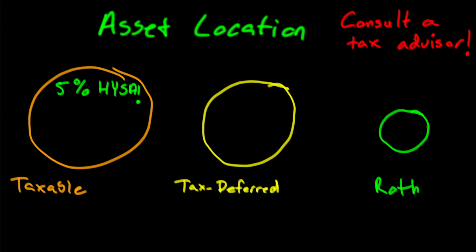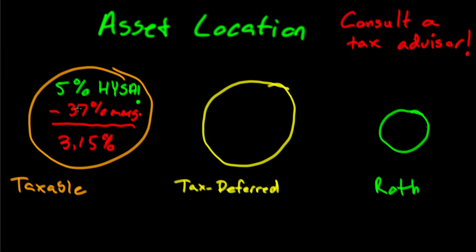But I want you to be aware of how that savings account can impact your taxes and whether it's actually the best option for you. So let's just pretend that you're in the highest marginal tax bracket. Just for example's sake, you may not be. Apply your own tax situation or consult with a tax advisor. But for the purposes of the illustration, if you're in the 37% federal marginal income tax bracket,